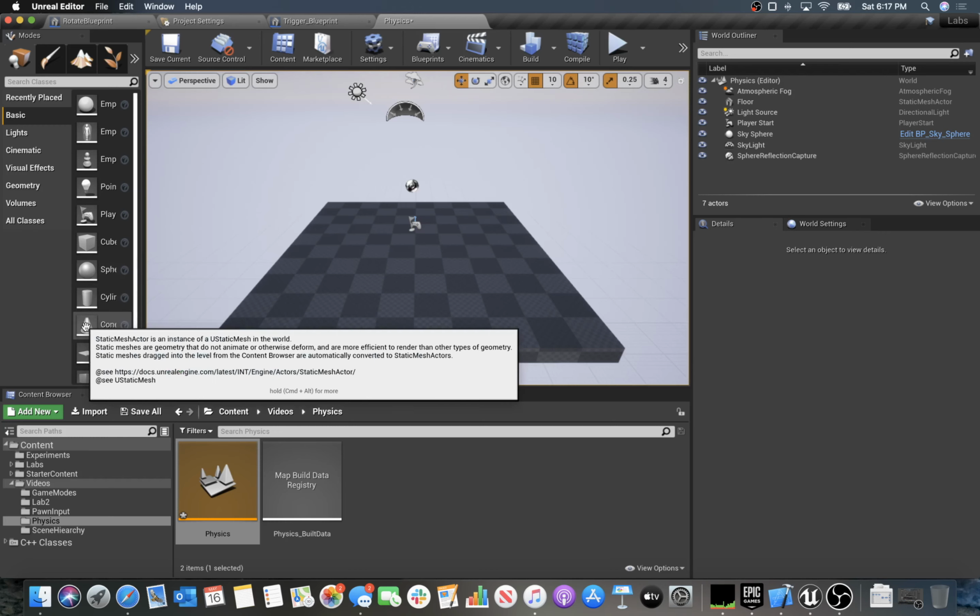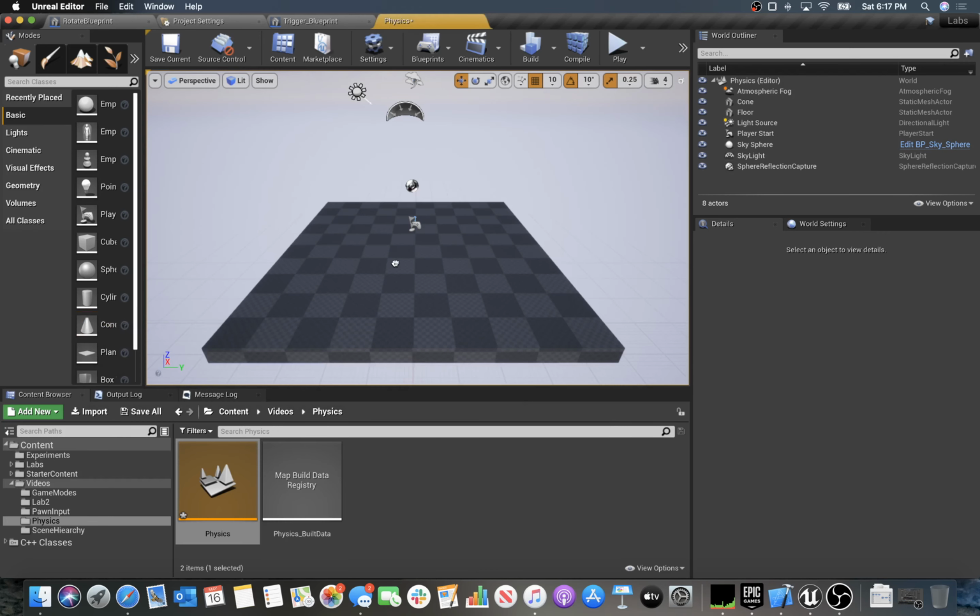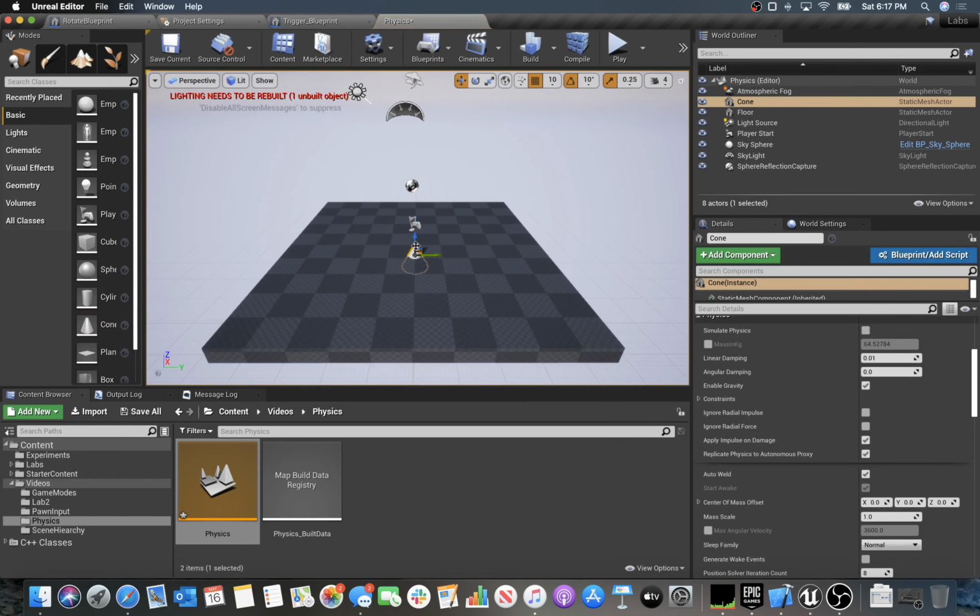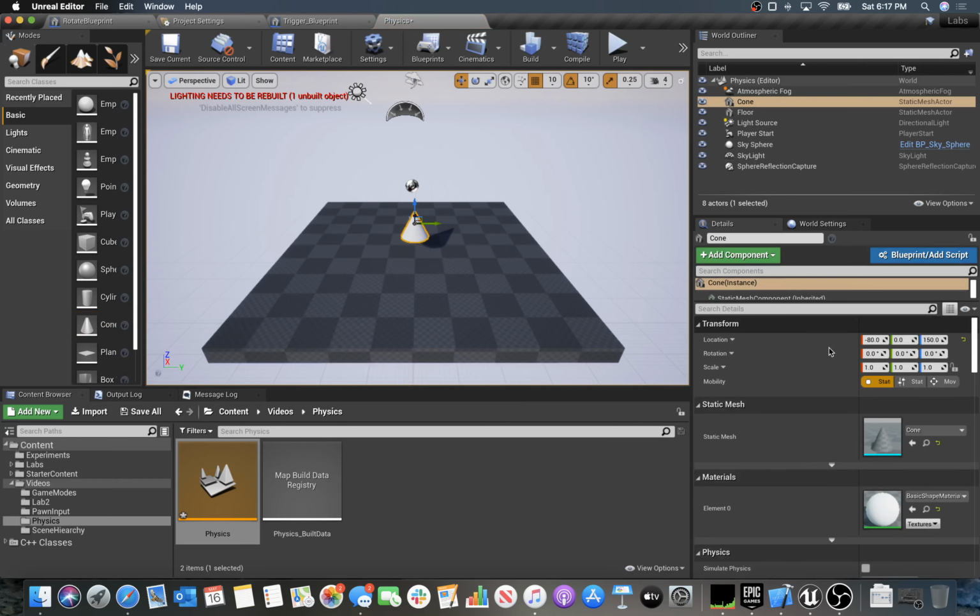I'm going to start by just grabbing a cone here, putting it in my scene, raising it a little bit, and I'm going to set its location mainly so that I can drop something on top of it, just so you can get an idea of what I'm doing here. So it's going to be 0, 0, and you'll notice one thing in the transform is that there's this mobility,